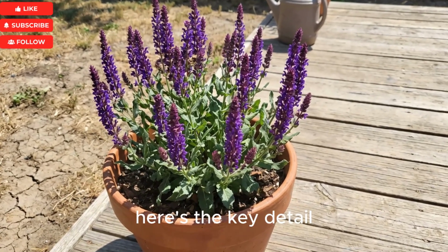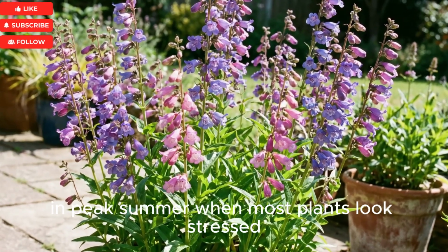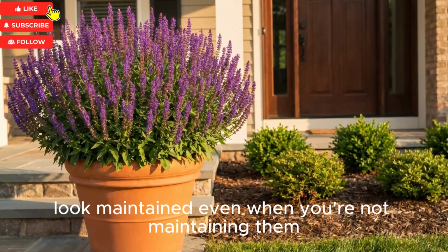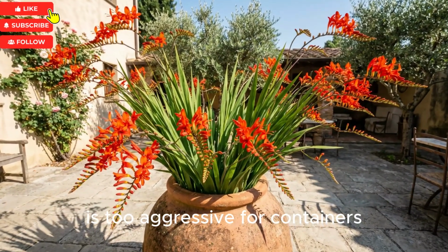Here's the key detail. Salvia nemorosa tolerates heat and drought better than almost any other flowering perennial. In peak summer when most plants look stressed, Salvia is still producing flowers. This is the plant that makes your containers look maintained, even when you're not maintaining them. Plant number 11, Crocosmia. This is the surprise plant that most people assume is too aggressive for containers, but that's